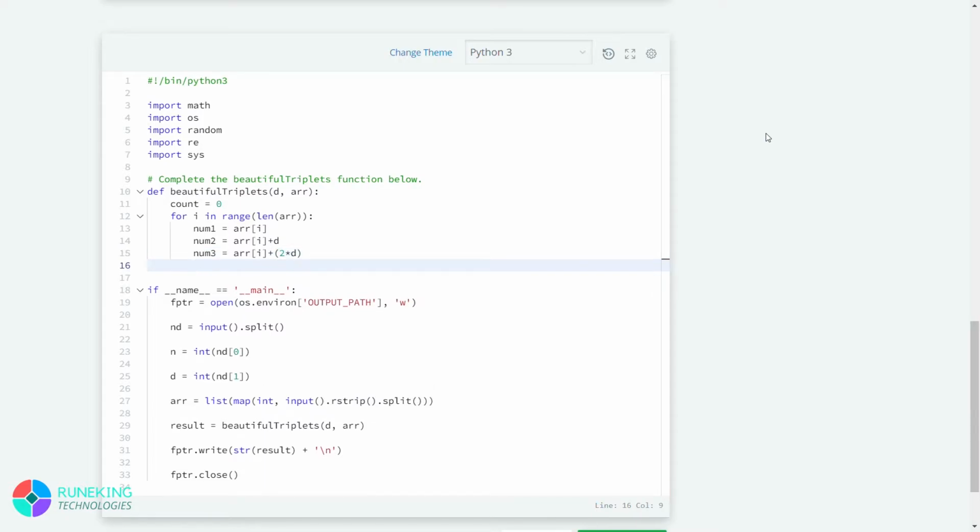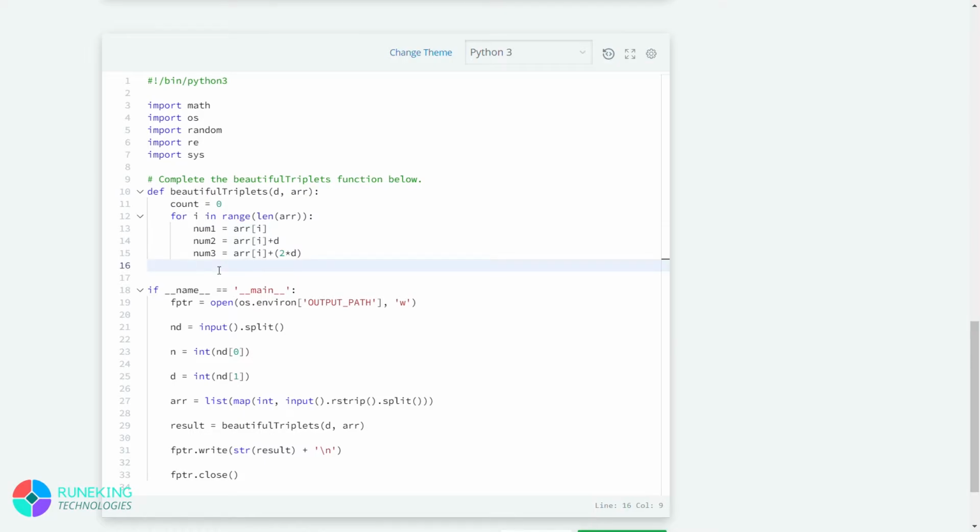So now we will use an if condition so that we can check whether the number is present in the array or not. As number 1 is arr of i, that means it is already present in the list because we are using a for loop for i. So now we need to check for number 2.